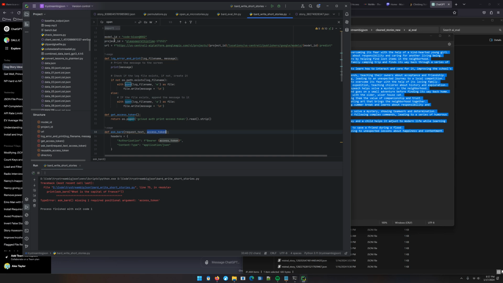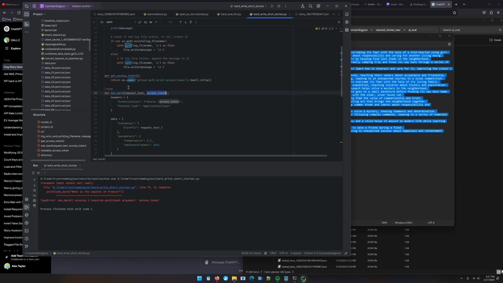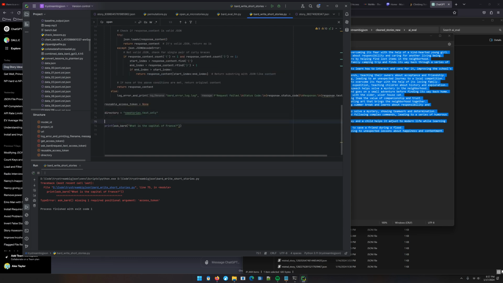Oh. Okay. Yeah. Access token equals get access token. Access token like that. So this should be going.